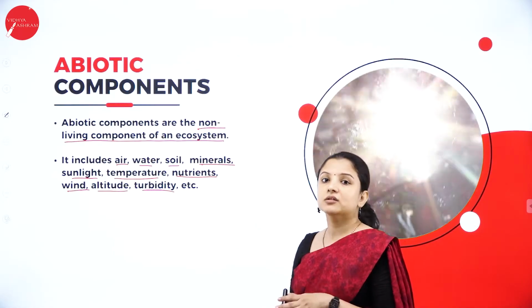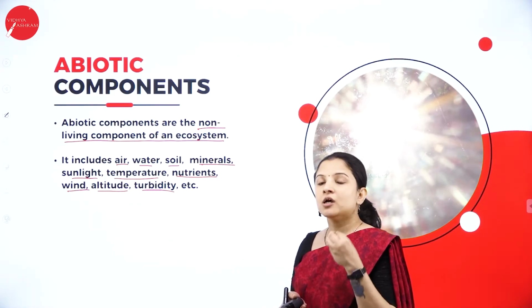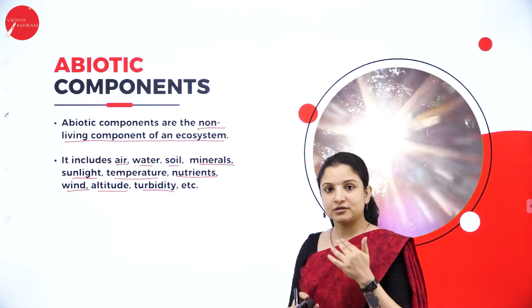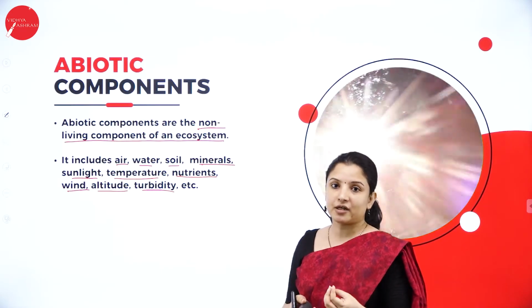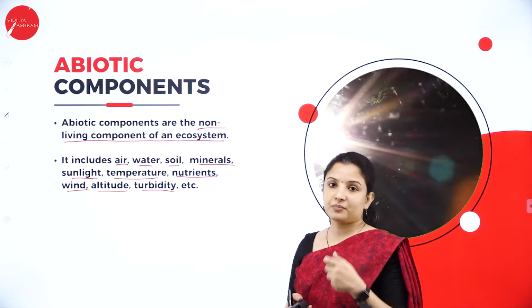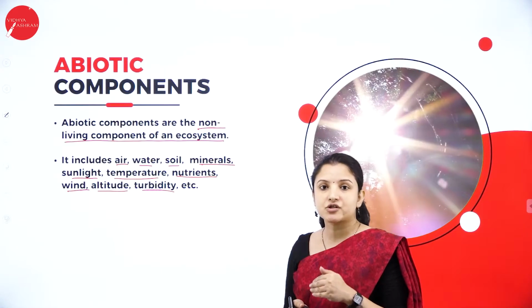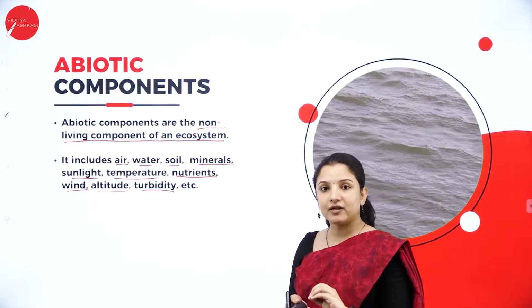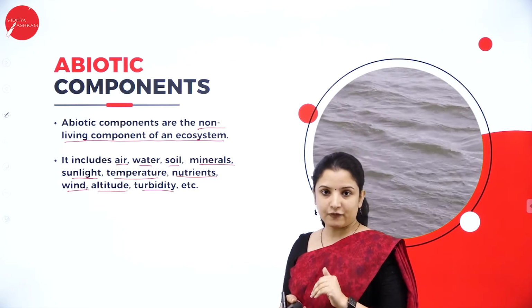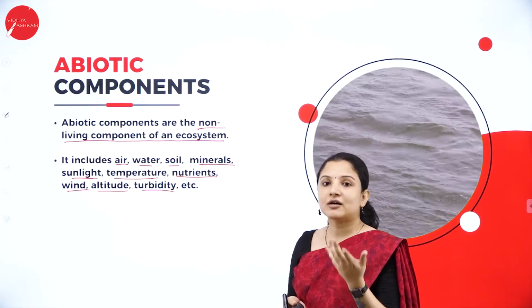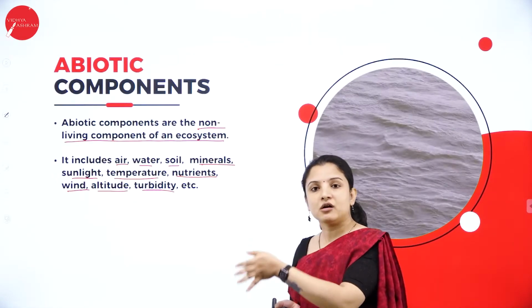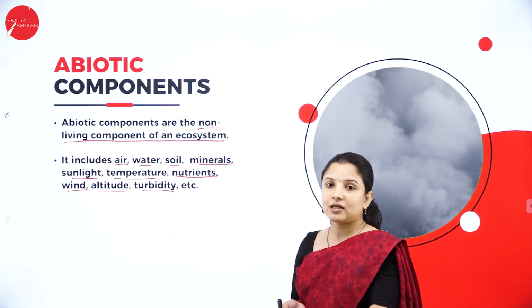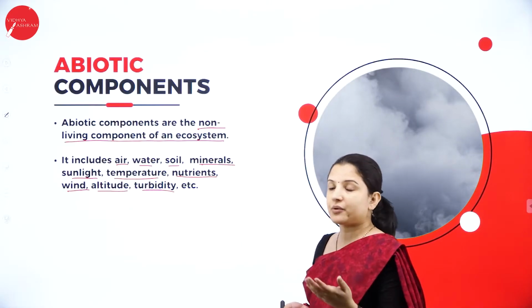Air is required for an organism's survival because air contains a lot of gaseous substances which are needed for photosynthesis of the plant. Say for example, air contains carbon dioxide. That carbon dioxide is needed for the plants to photosynthesize, that is, to manufacture their own food. Only if enough carbon dioxide is available in the air can the plants photosynthesize, right? So that will lead to survival of the plants. If the plants survive, then the herbivores will survive. That is, the consumers will survive. Why? Because they will get enough plants to feed on. So that is how they are interdependent on one another.